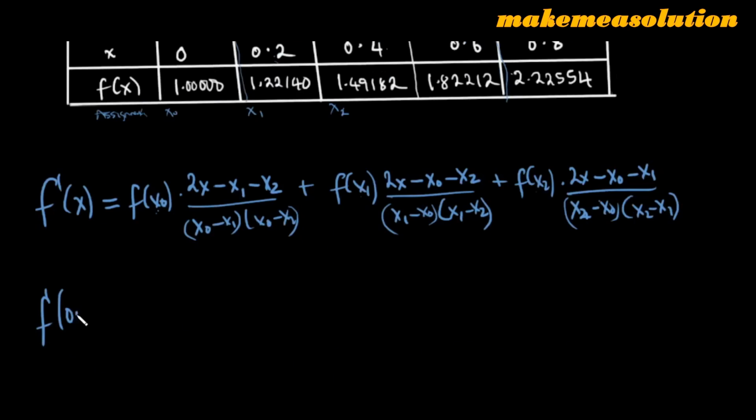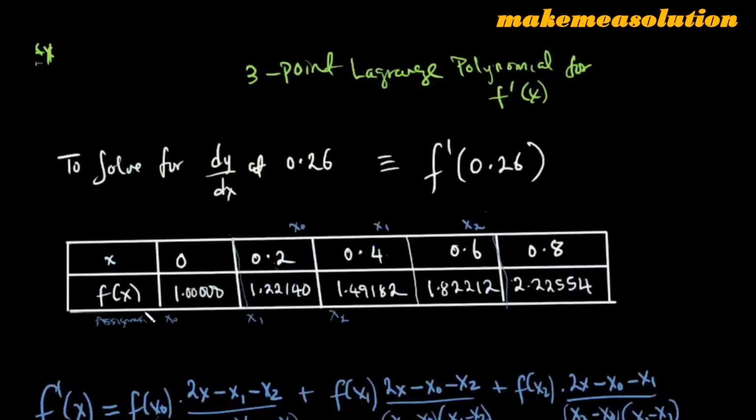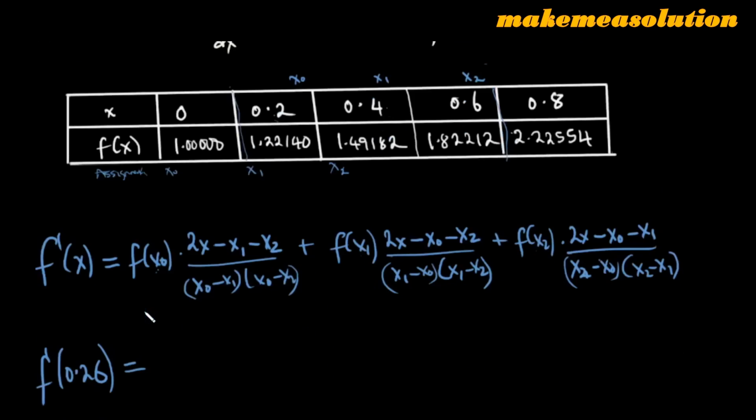My f prime of 0.26, that's the derivative at 0.26, is now going to be, for this one you use f of x naught. Remember, I'm going to take this section of the table. I'm using it as my 3 points. But for your assignment, your 3 points is from here to here. Is that okay? But my 3 points is this, this, and this. So I label this as x naught, label this as x1, and label this as x2. So I have f of x naught. Since I'm taking this as x naught, my f of x naught is